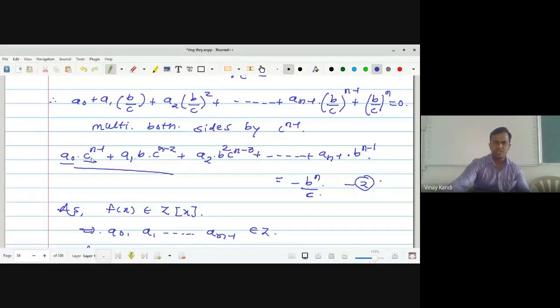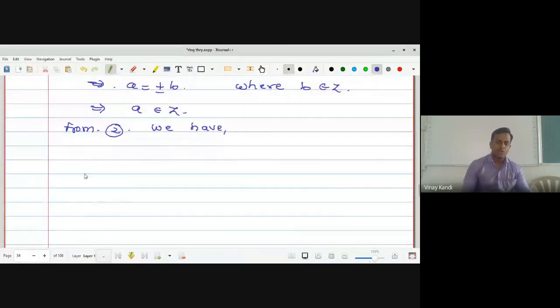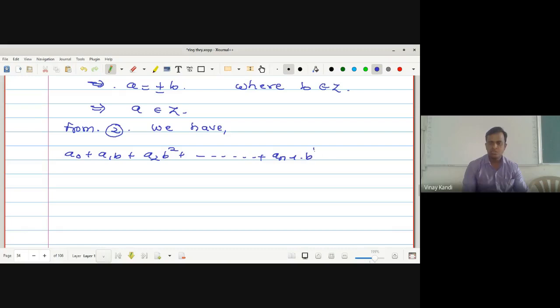ओके, प्लस घ्या मायनस घ्या, काय येईल बघा, a naught plus a1 b plus a2 b square plus up to so on plus, जर मायनस घेतलं तर काय होईल, मायनस एन कॉमन घेऊन राईट हँड साईडला पाठवतो. Okay, so this is an minus 1 into b raised to n minus 1 is equal to plus minus b raised to n. Okay, that implies a naught is equal to minus b, wait a minute, transfer. Okay, so a naught